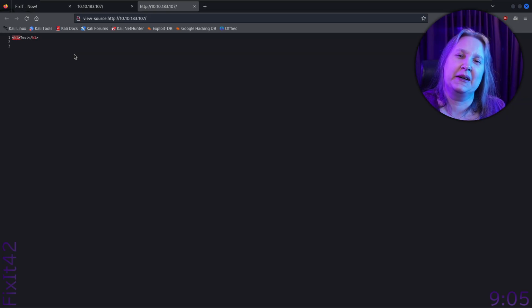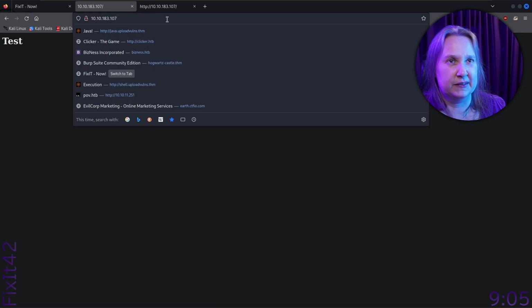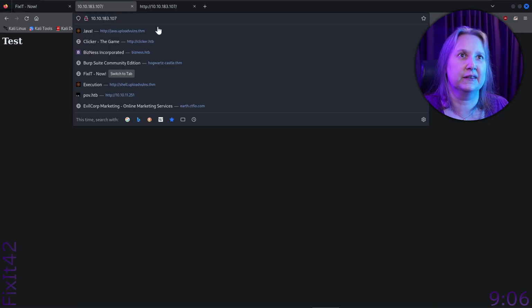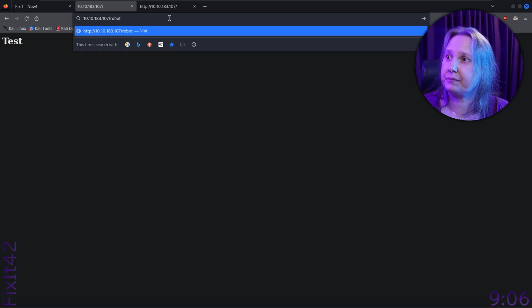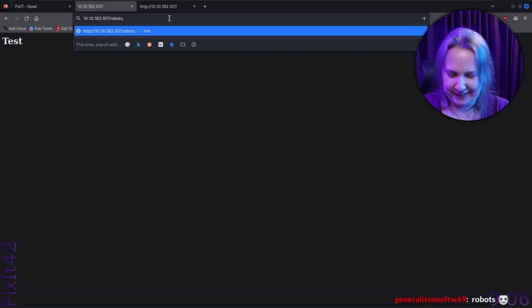So actually my first thought is to do GoBuster on this to see if we can find any other pages here, but we can also just try robots.txt, though we'll see. Let's switch back to my notes on the other side. It said robots.txt disallowed, but we'll see if we just type here. I never can remember if it's robot or robots, so that's why I'm looking actually. TXT. Should I remember now? It's robots with an S.